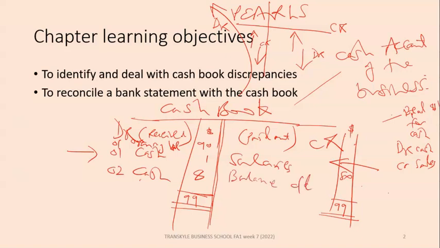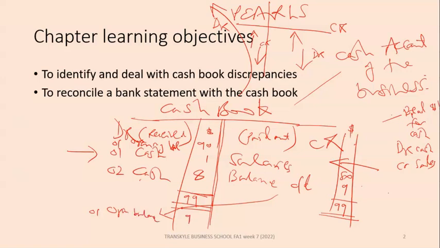CD, which is 9. So what does this CD mean? It means that the cash book at the end of the month had $9 outstanding or extra money. This is going to be carried forward to the next period as an opening balance. Here it is a closing balance, and this is the opening balance for the next period. Opening balance